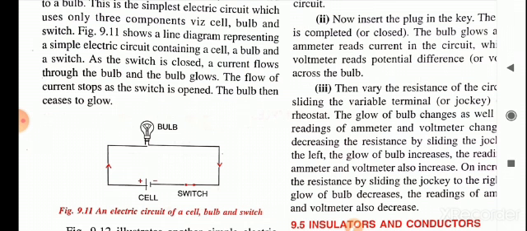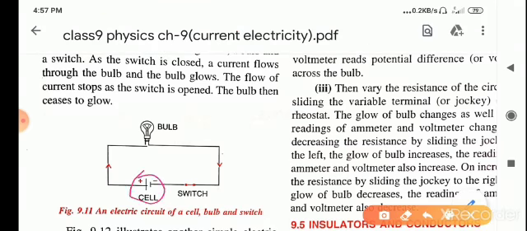In the circuit diagram shown in figure 9.11a, here it is a cell, it is a switch which is connected by the wire, and a bulb. If in this diagram the switch is on, therefore the bulb will glow. If the switch is off, then the bulb will not glow, right? Please see this diagram. Plus, minus,